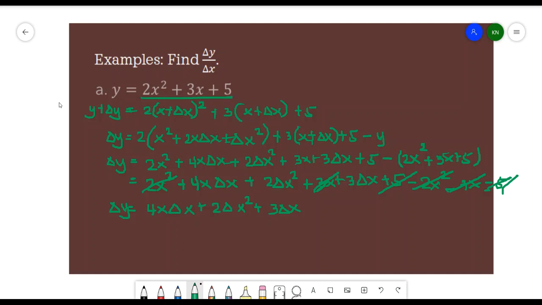Now after all the transformations that we did, we have to divide both sides by delta x. So that being said, we have delta x here, and we also need to divide that by delta x. So delta y now divided by delta x is,